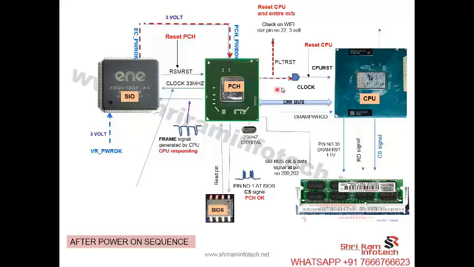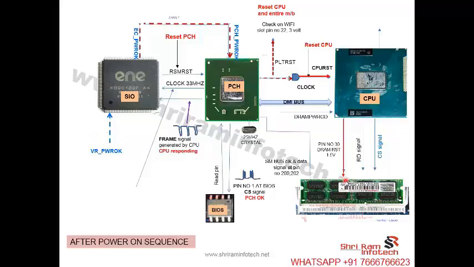After PLT reset, that voltage will be dropped and given to the processor. It's called the CPU reset. And now the CPU gets reset. After CPU reset, there is one signal that is called DRAM power good. You can check this signal on the 30 pin at RAM. Now the CPU got a reset and this RAM also got a reset, and they are ready to communicate with each